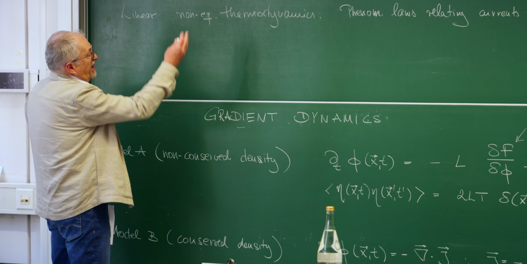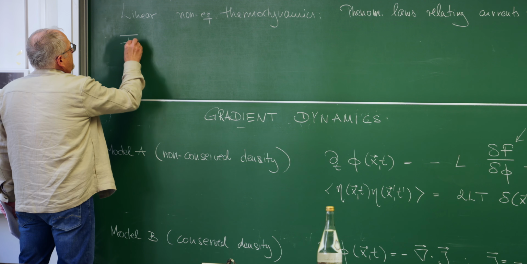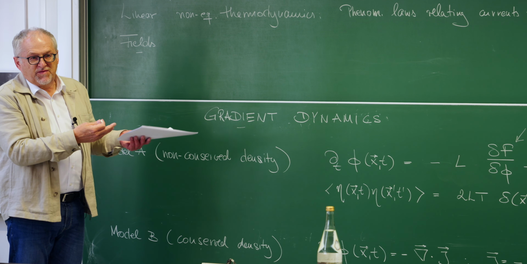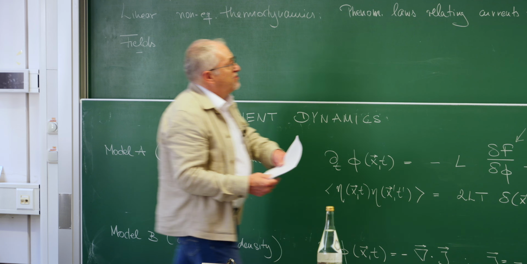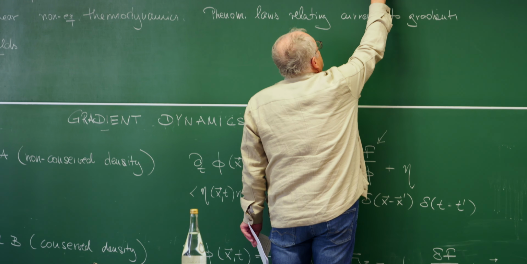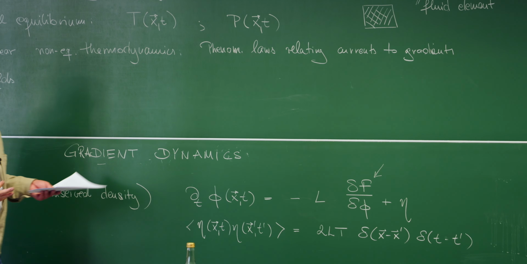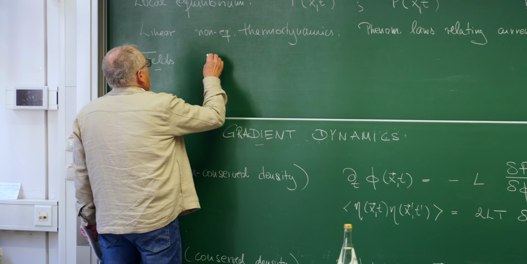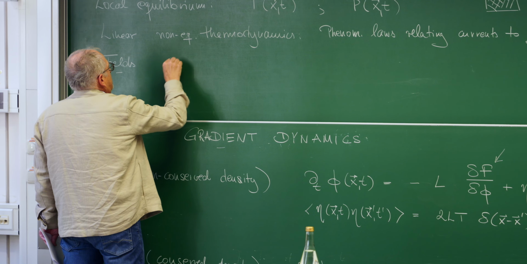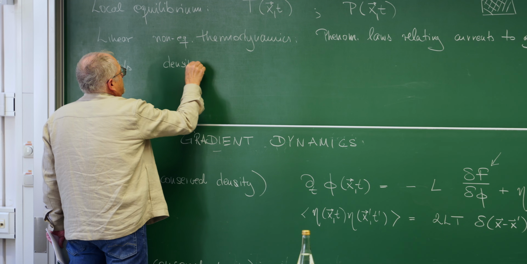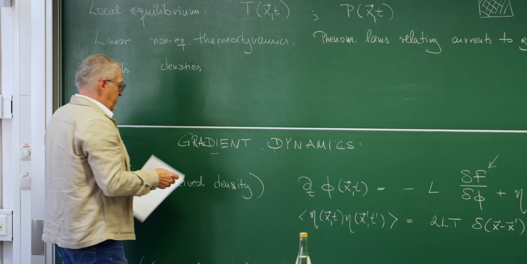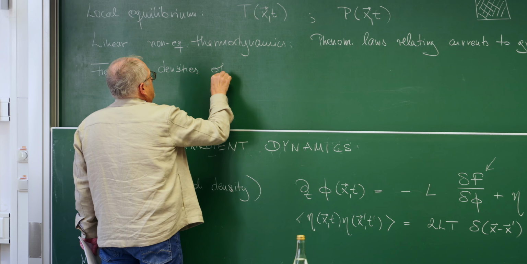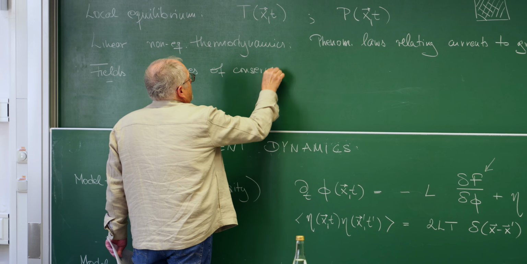So in addition to that, I need some fields, and the fields that you want to consider have to be slow, because otherwise you would describe something on a more macroscopic scale. So you have to just reflect with the choice of your variables that you are doing a coarse-grained theory on large length scales and large time scales. So that means typically in a fluid, you would take the densities of quantities that are conserved because they are slow by their very definition. You need to transport things over long distances to change conserved densities. So densities of conserved variables